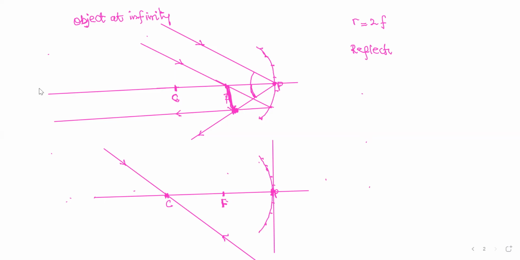Then a ray of light passing through F must be parallel to the other ray. And once it's parallel,